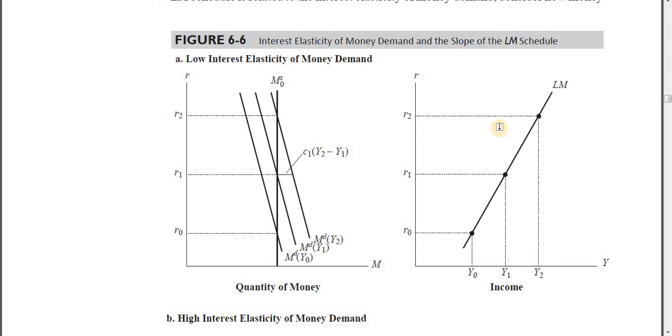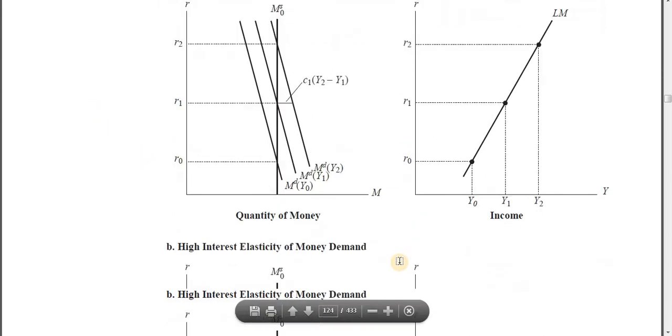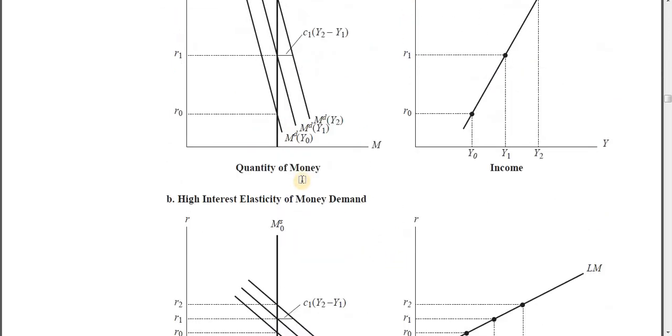Higher the income elasticity of money demand, steeper the LM curve would be. And why is it so? Because the given change in income would bring a higher increase in the money demand. So if money demand is higher, then we need to raise the rate of interest even higher in order to re-equilibrate the money market, and this is what we have understood. Alright, so that's it. Let's get on to point number 2, and that is interest elasticity of money demand.